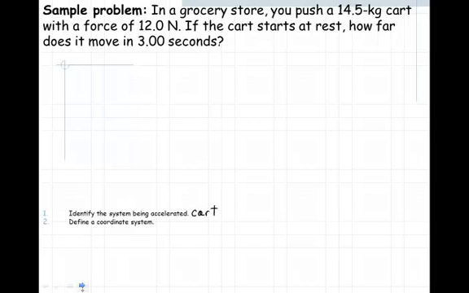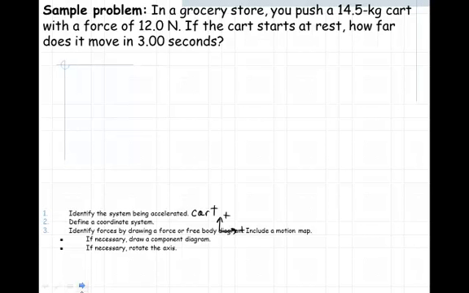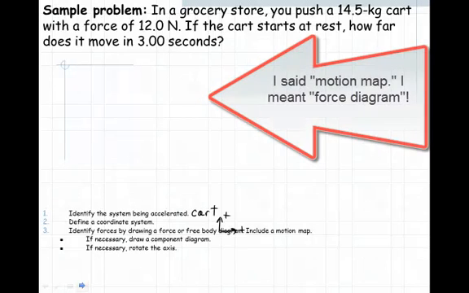Then we want to define the coordinate system. In our coordinate system, we want to say up is positive and to the right is positive. We want to identify the forces by drawing a force or free body diagram and include a motion map. So in this situation, our motion map is going to include